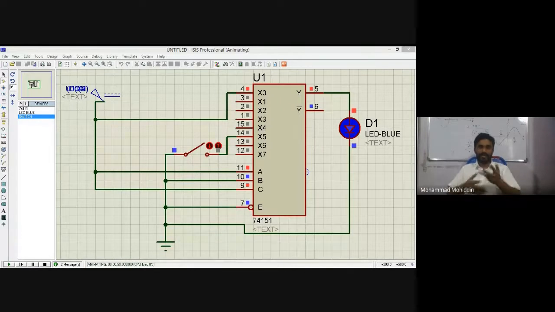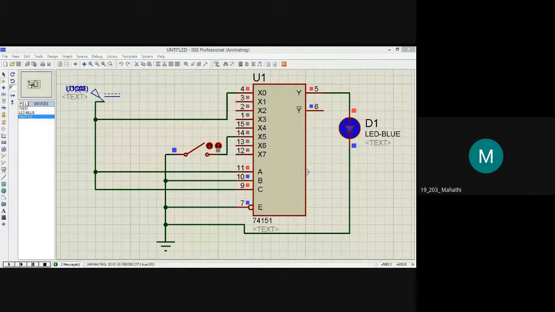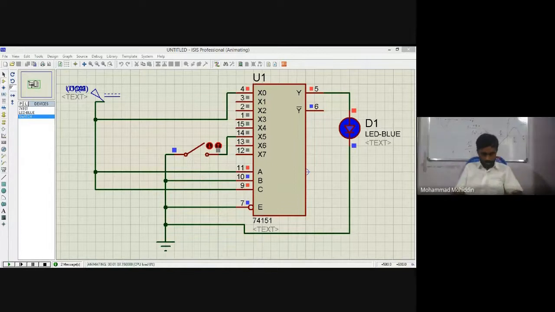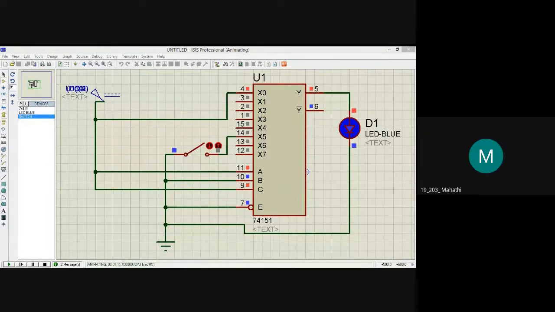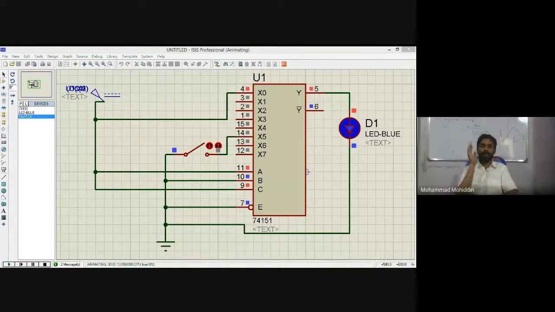So I think theoretically you might have learned this. Practically, this is your output. Roll number 2, Mahati. Anyone there? Yes, sir. So, guys, did you understand? Yes, sir. Any doubt? Shall I explain again?